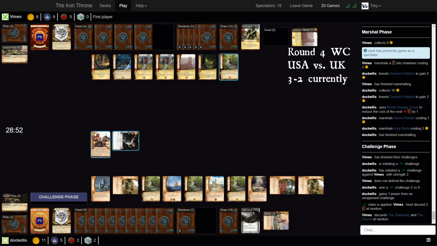So Intrigue went through unopposed, snagged Hound and Gold Road, Hound being the big piece here. And we do have Last of the Giants actually going off. So is this for the Jock and Agar to try and push through the power challenge? The problem is with 8 gold,